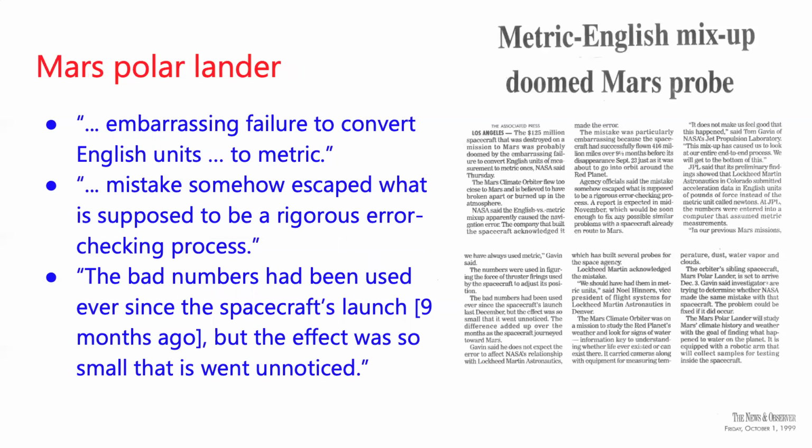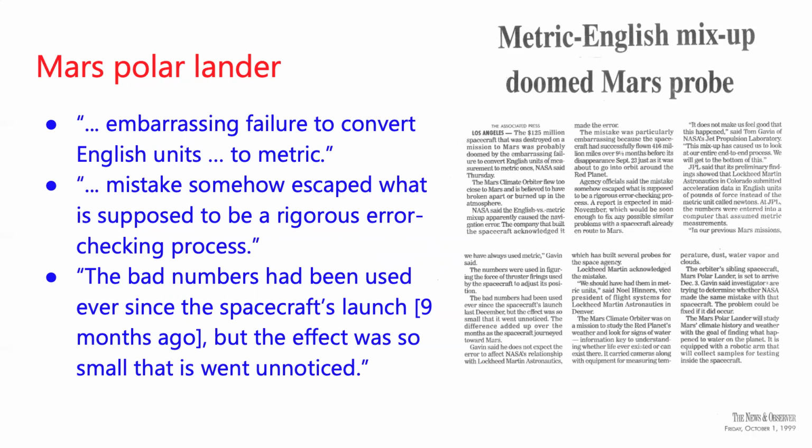Even when multiple developers are trying to follow a good process and they're trying to be careful about testing their systems and making sure that pieces work together, things can still go wrong. And this is an example of, I think it's a 1999 Mars Polar Orbiter or Mars probe that failed because